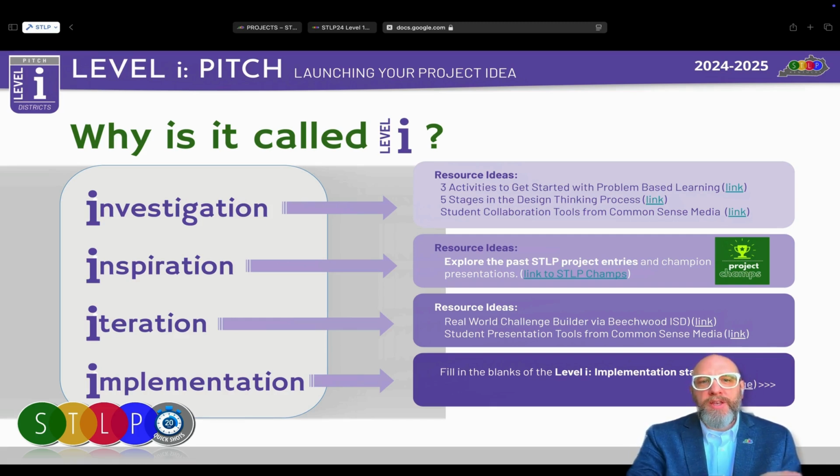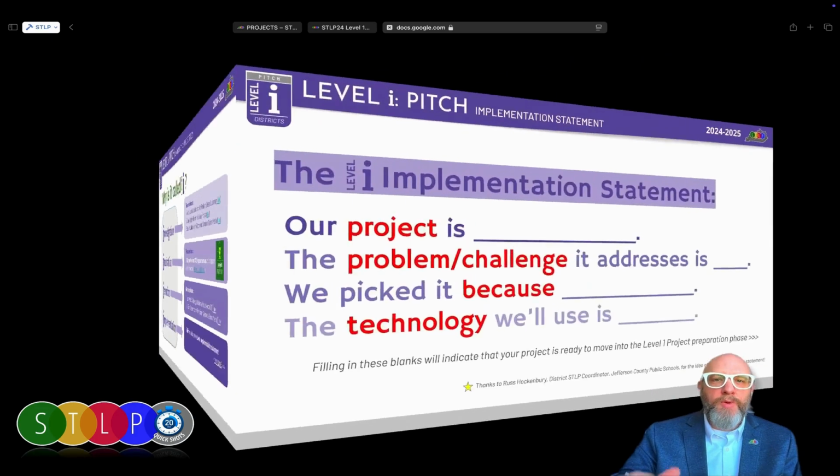Investigation, inspiration, iteration. And you'll see on the right here that we have all sorts of resources that you can link out to, whether it is some overviews of project-based learning, whether it is some design thinking process work that you can jump in on, whether there's some collaboration tools that you can experience, whether you want to look back at some of last year's champs to get some ideas of what some of their titles were, all the way into the real world challenge builder that Beechwood Independent has shared with us a few years ago, which is a tremendous tool, all the way down into this next thing that I want to talk about, which is the